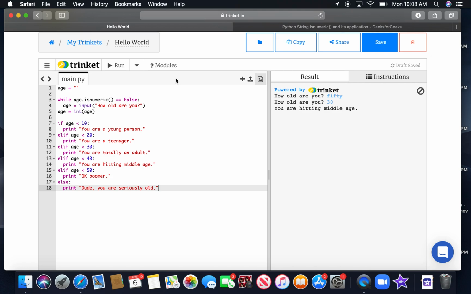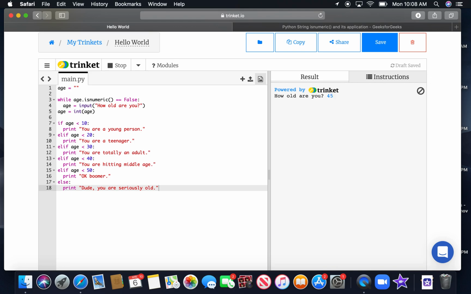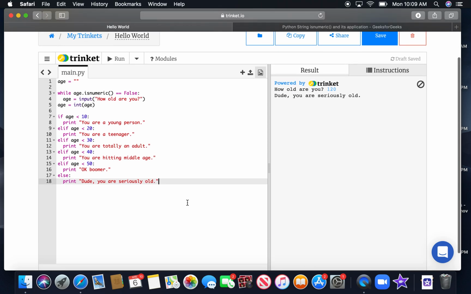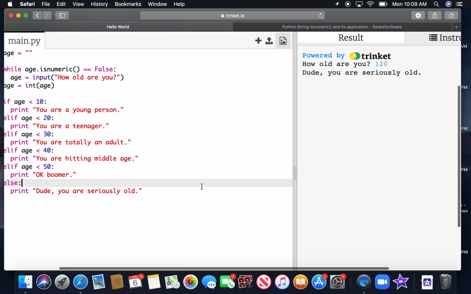All right. Run it again. How old are you? I am 45. Okay, boomer. And I can run it again. How old are you? 120. Dude, you are seriously old. No kidding. All right, let's see if you can run this program. And remember, isnumeric is a method that you do need these parentheses after. You also, whenever you're testing something with equals, you need to have 2 equal signs. All right, not just 1, but 2 equal signs there. Let's make sure you can really see that. See, 2